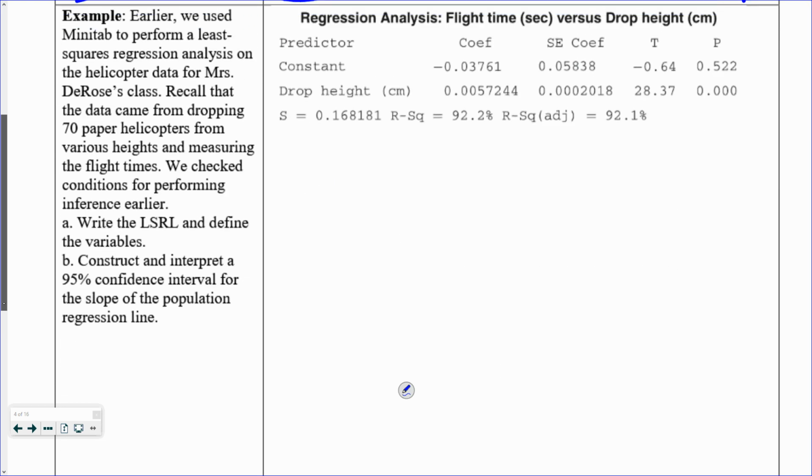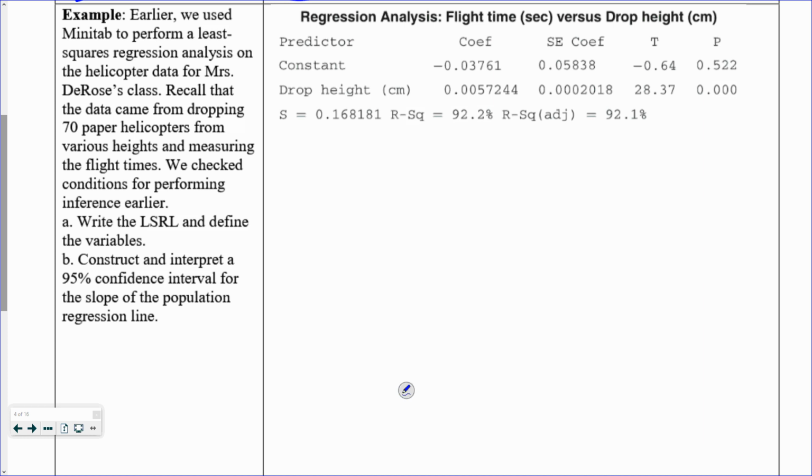Mr. Rose's class, I should change her name in here. We checked the conditions already. That's good news. We can just say that in the plan step, make our lives easy. So A, write the LSR line and define the variables. Okay, so you should be able to do this. Pause it for a moment and write it. But you should have